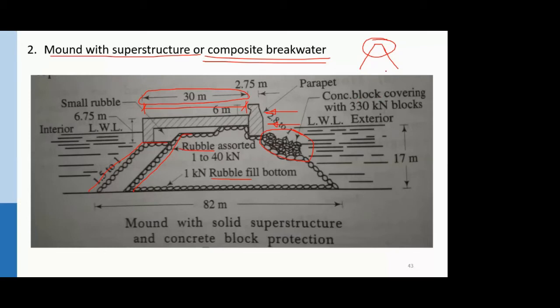But generally, jetties have a bit more height than a breakwater. The height of a breakwater over the water surface is not that high, just a few meters, 6 to 10 meters, you can say. But a jetty is a bit higher than that, just to avoid the effect of high tides on the jetty platform, because that platform is going to be used by people. There is going to be movement of people.